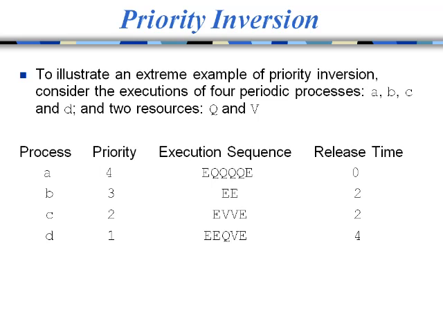How much is a tick? Well, it could be a millisecond, a microsecond, however much corresponds to your timer interrupt period. So E just means I'm executing, not owning any semaphore, just doing compute time. Q means I'm executing, but I'm executing while I am in a critical section that's protected by semaphore Q. So, in other words, process A wants to execute not owning any semaphores, then wants to execute for 4